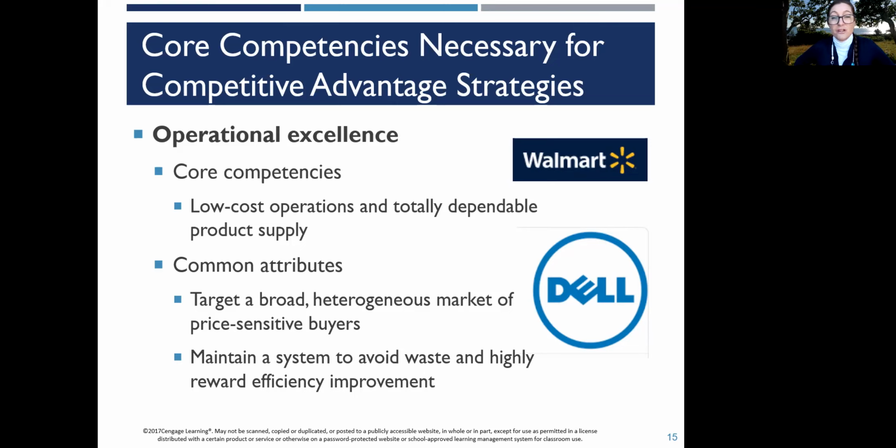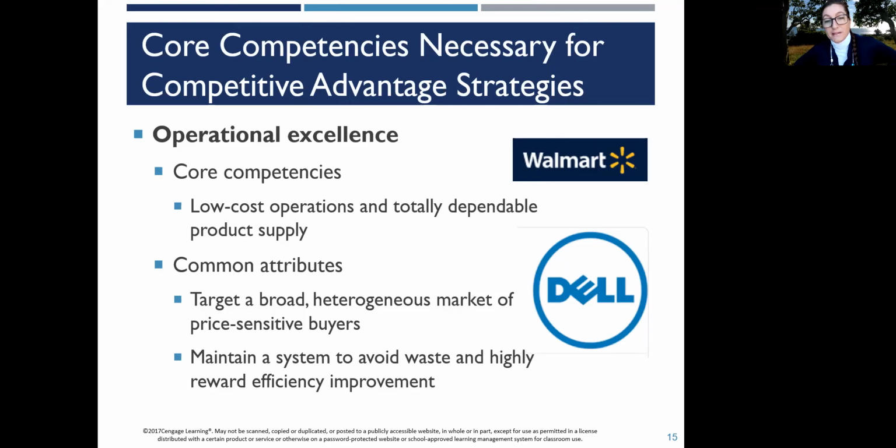Now, they don't just achieve that with the price of the items on the shelf. They achieve that through their operational decisions throughout the organization, from the manufacturers that they're working with, to their distribution, logistics and warehousing decisions, as well as their retailing and